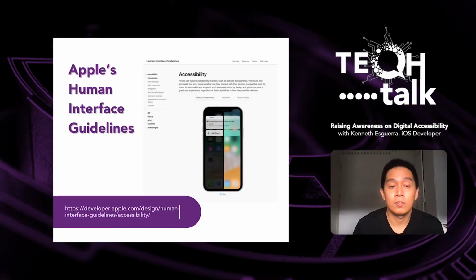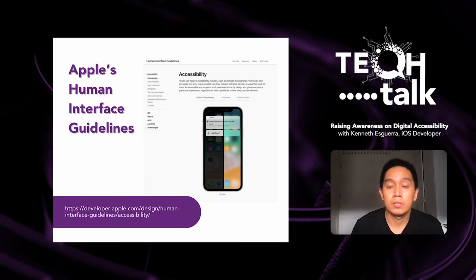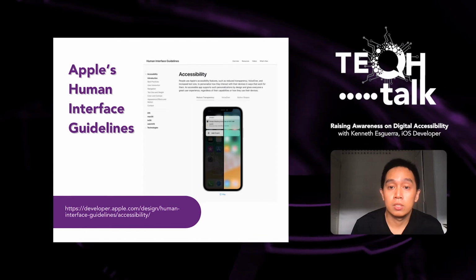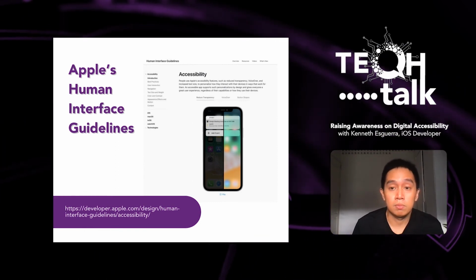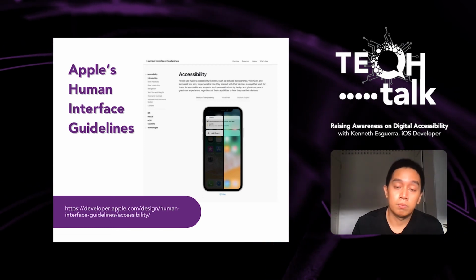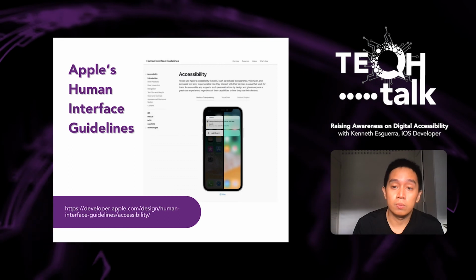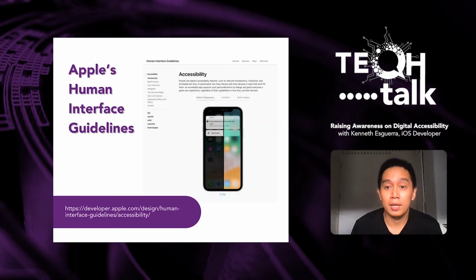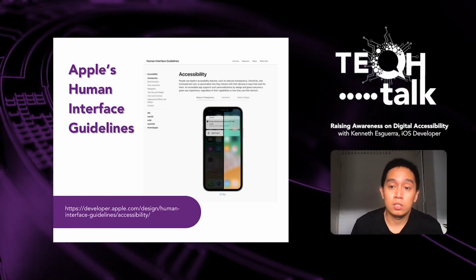One of the beautiful things that I love about being an iOS developer is that Apple really cares about human experience, the user experience of the products going through their App Store. They also really care about accessibility and all the people with disabilities. That's why they were one of the first to integrate this into their products and raise the standard in implementing accessibility. That's why we have what we call the HIG, Apple's Human Interface Guidelines.